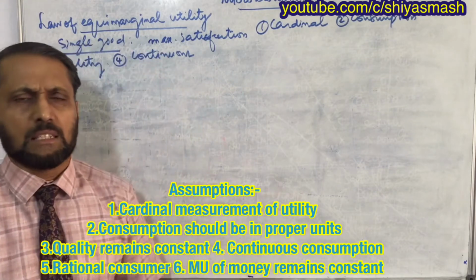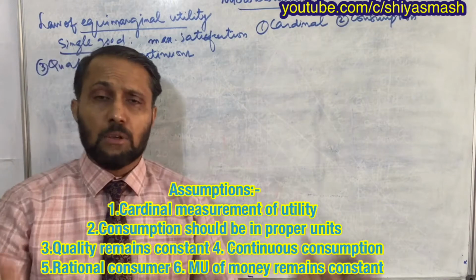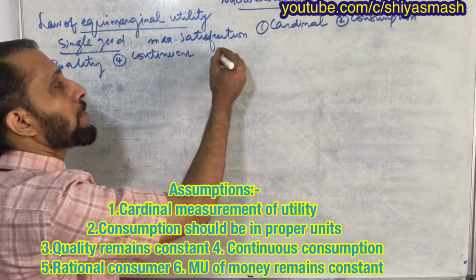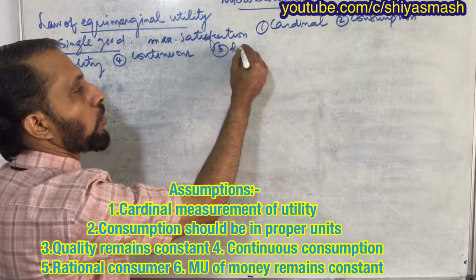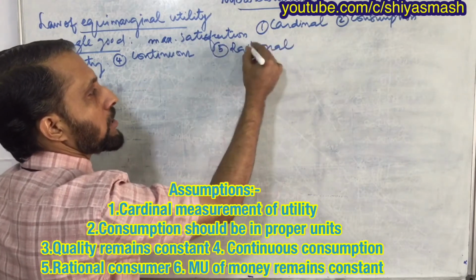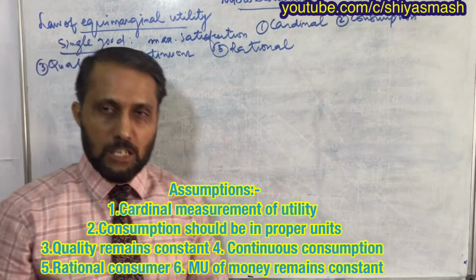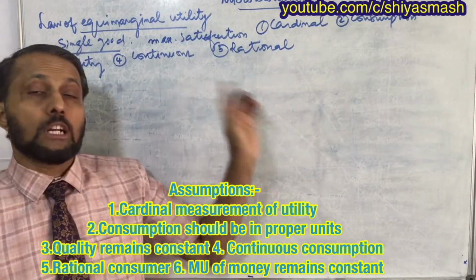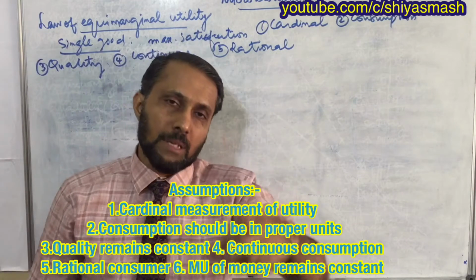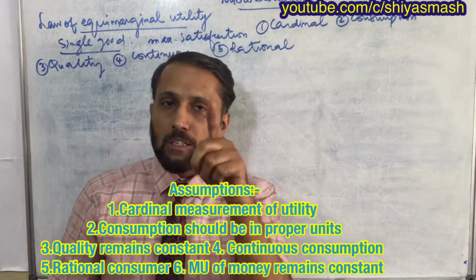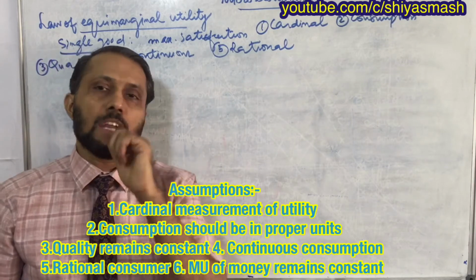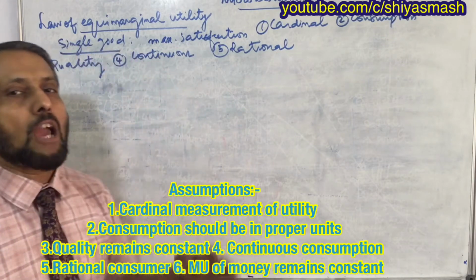All these points we discussed. Once you learn these assumptions, you can use them for other theories also. And what was the last point? You remember that? Regarding that, I told you to follow that instruction. Rational. The consumer should be rational. Rational means the consumer tries to obtain maximum satisfaction from the consumption. You remember the example of the water bottle I told you yesterday. So I think you are now a rational consumer, is it? So these are the 5 major assumptions.